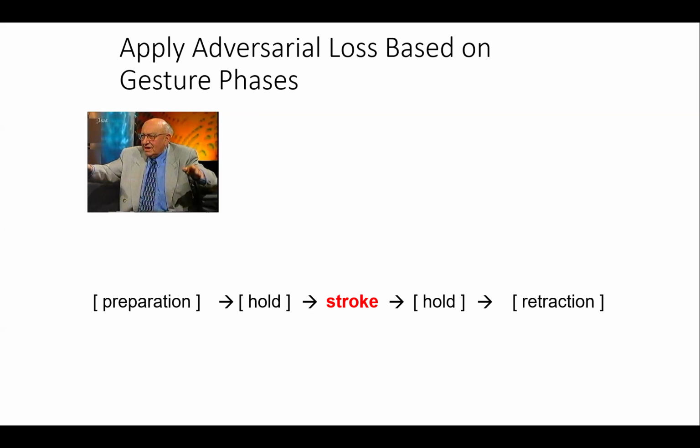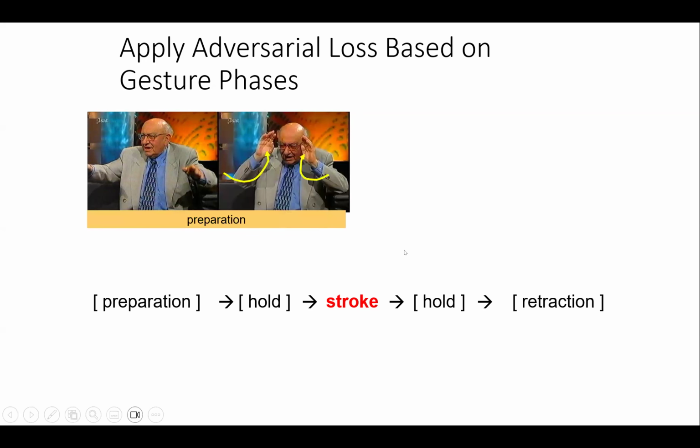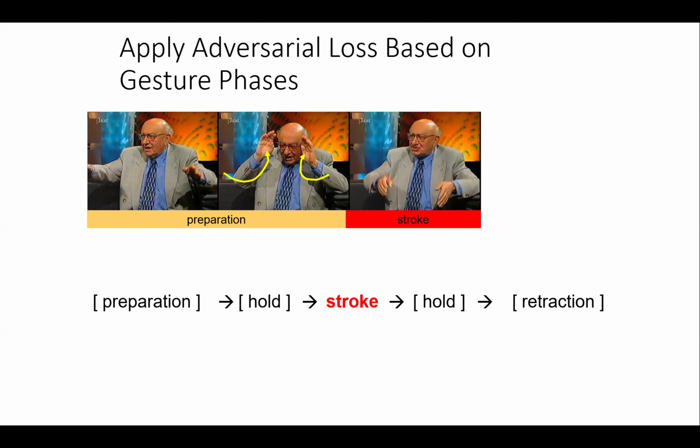So gesture actually has a grammar. It has a structure to it. What I was seeing in the output was that it didn't have this structure. It just had this continuous hand movement, and it didn't have the structure that actual gesture has. So we were trying to force the system to learn this kind of structure. A real gesture will start with a preparation, which basically brings the hands to the position where the gesture should begin. Then it has the stroke, which is what we think of as the gesture.